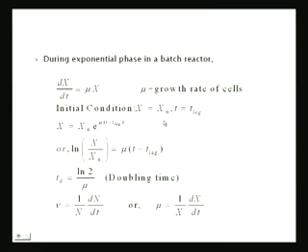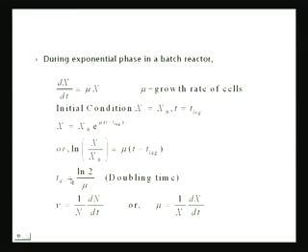T lag, why? Because you assume that up to the time t equals t lag there is no cell growth. So, x equals x naught, the initial concentration of the cells that you have started. That is your starter, like when you are making the curd or the yogurt. The amount of microorganisms or yeast that you put in at the starting, that is your x naught, fine. So, that is at t equals t lag. Up to t equals t lag there is no increase in the cell number. So, x equals x naught e to the power mu t minus t lag, and once you integrate it you